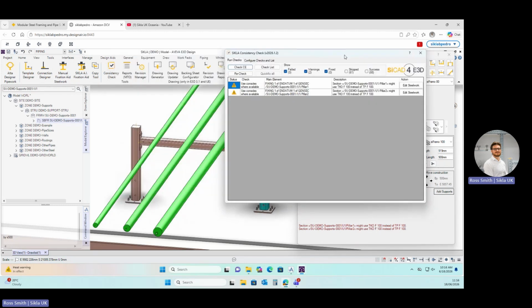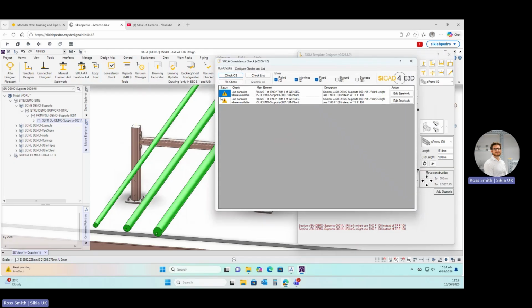It's important that I clarify the difference between an error and a warning. A warning can be disregarded. It is an advisory comment that will perhaps improve the design. Okay, and it's the same warning we have. However, a failure or an error will impede the build of the frame. There may be a physical clash somewhere. Okay,